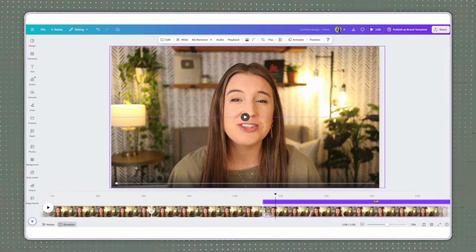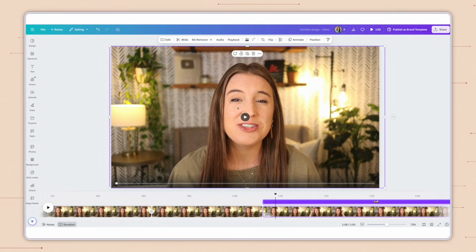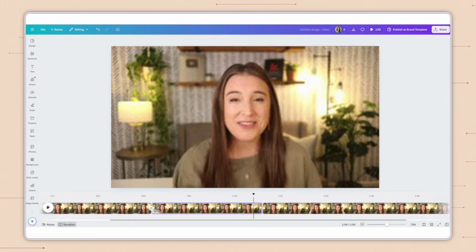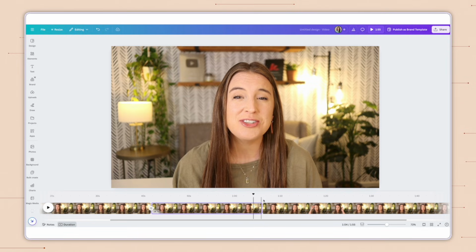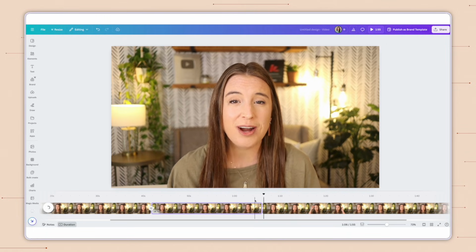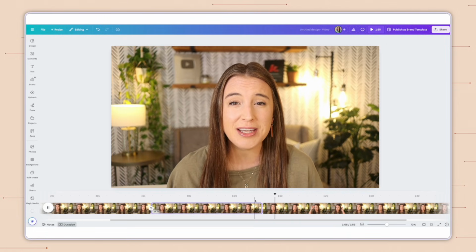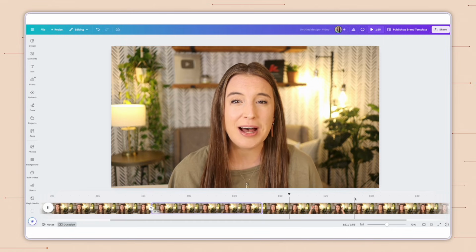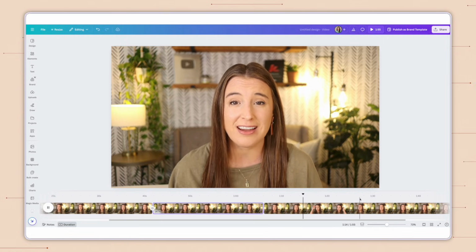I want to, as much as possible, try to keep my face and specifically my eyes in a similar spot on the page as the clip before so that it feels really natural when it's transitioning. So let's see how it looks here if we play this from one clip to the next. We've got our wide clip and then it crops in right there to our closer up clip. Then after this clip, I could go back to the wide and continue zooming in and out throughout the whole